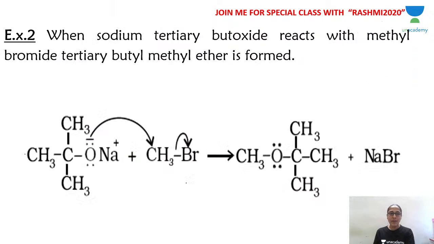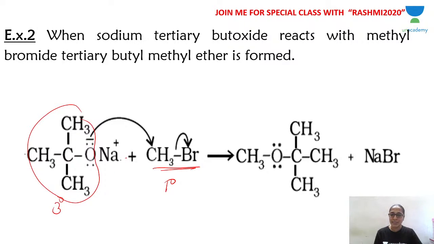Both are primary. Now the second example I have taken: your alkyl halide is still primary. Here the nucleophile is tertiary. Tertiary butoxide. Sodium tertiary butoxide is the name. See, the carbon to which O minus is attached is in turn attached to 3 other carbon atoms. So it is tertiary. Altogether 4 carbon atoms, so butoxide. Sodium tertiary butoxide reacts with primary alkyl halide, methyl bromide. What do you get? Again, sodium and Br will form NaBr. What happens? O minus will take up CH3, or you can remember Br minus is one nucleophile.